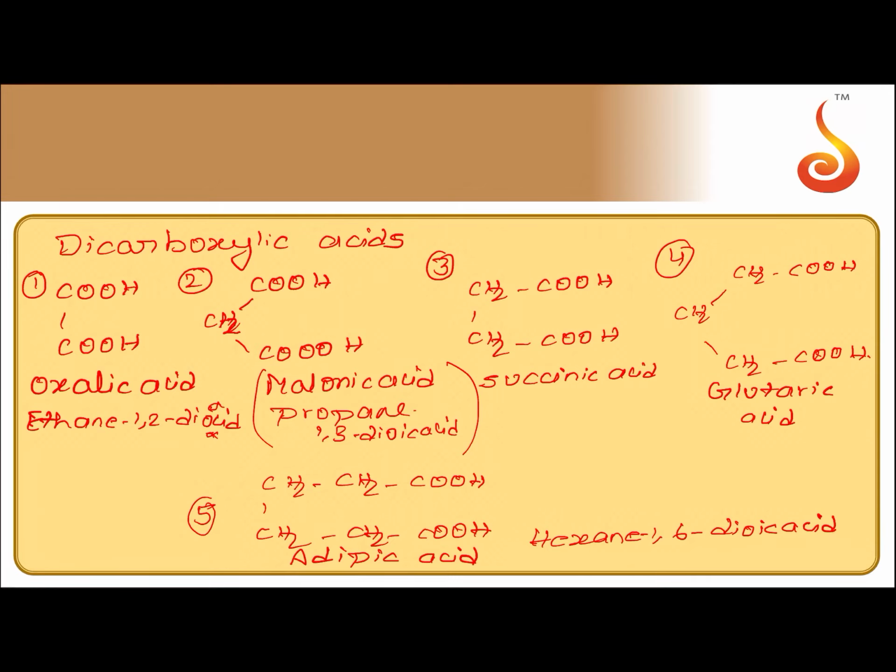That is how we name dicarboxylic acids in the IUPAC system. Oxalic acid is ethane-1,2-dioic acid. Malonic acid is propane-1,3-dioic acid. Succinic acid is butane-1,4-dioic acid. Glutaric acid is pentane-1,5-dioic acid. Adipic acid is hexane-1,6-dioic acid. That is about the nomenclature of